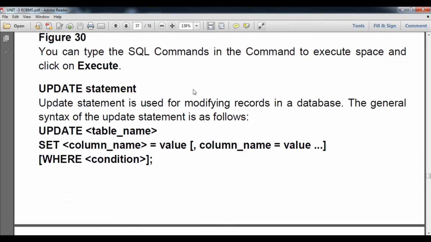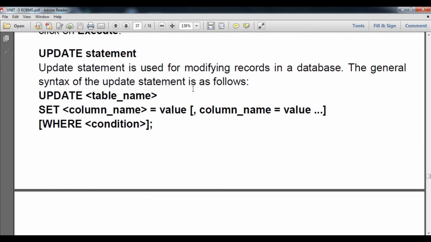Update statement. Now we are going to understand the UPDATE statement, which is actually part of DML, not DDL. Students, whenever we are going to change the data or record of any student in the table, that time the UPDATE statement is used. So the UPDATE statement is used for modifying records. Records means the data in a table in row form in the database.